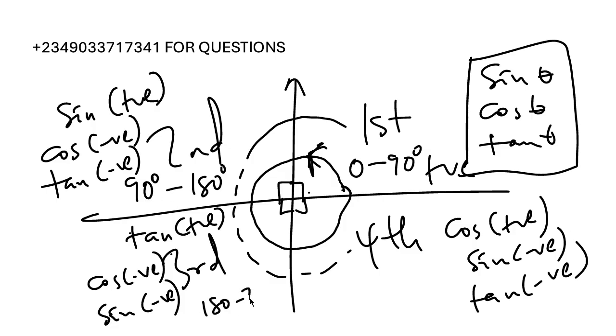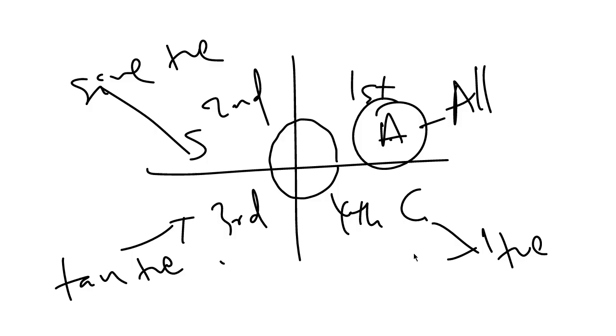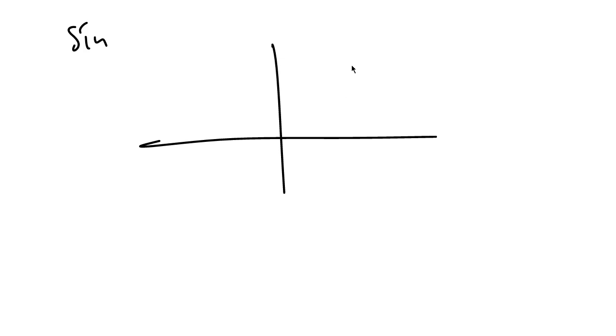From the third, we have 180 to 270. And then in the fourth, we have 270 to 360 degrees, which is a total complete revolution. Okay, let us go further and let's look at an important concept, and this is very important, and it's still based on what we've been saying. Remember I said that all are positive here, right? And then we have ACTS,